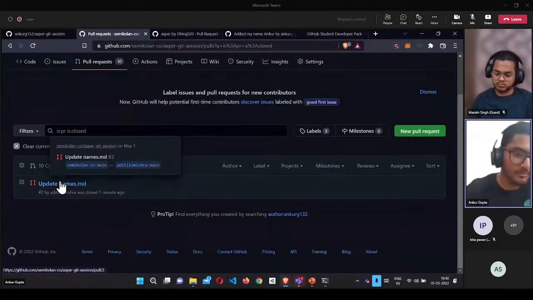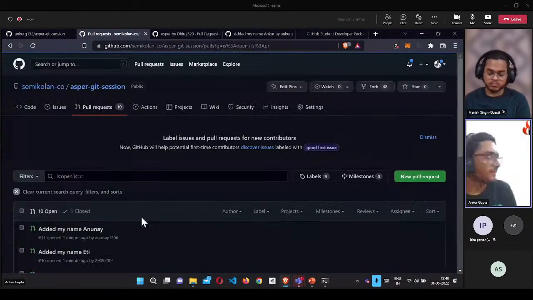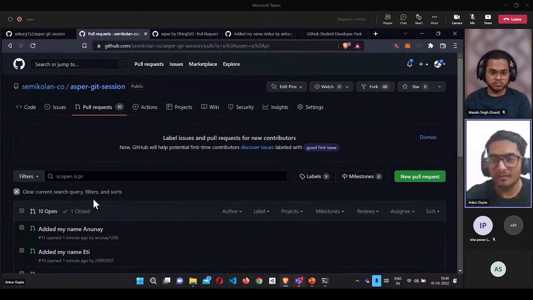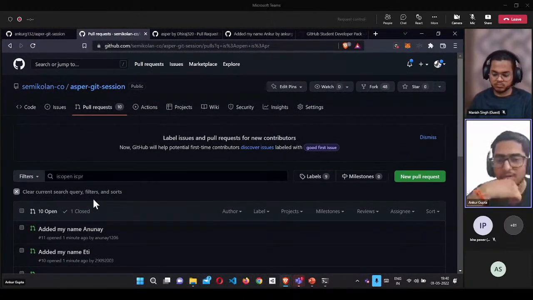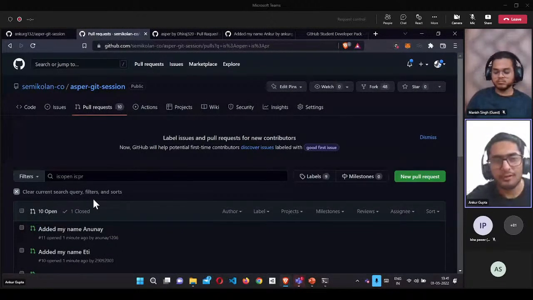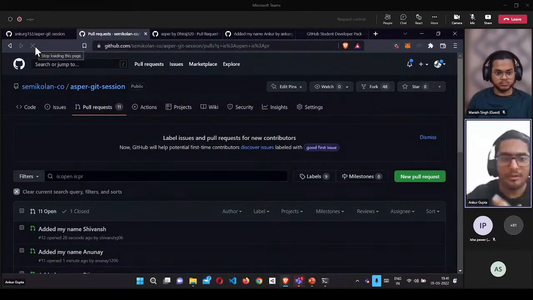Someone's probably also closed the pull request. A great thing, you see also how to close a pull request. There was also a program named Hacktoberfest that was held in the month of October. In Hacktoberfest, what you need to do is make some open source contributions, just the way we did right now. By making 4 pull requests, you'll get some swag from Hacktoberfest. You get some T-shirts and some stickers. So it's probably a good program. There are a lot of programs that keep going on through Hacktoberfest.